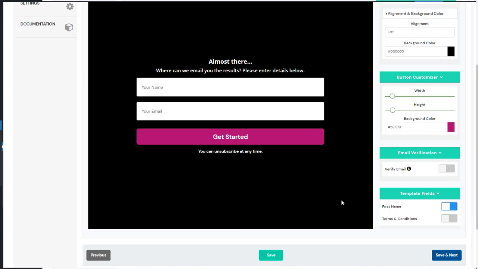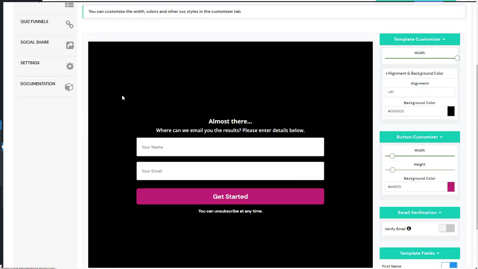You can even verify email. What this means is you can create an account with quick email verification. Now, this is the email verification service that SQB integrates with currently, but we'll be adding a lot more because we have gotten a request for a few others. So we'll be adding that as well.